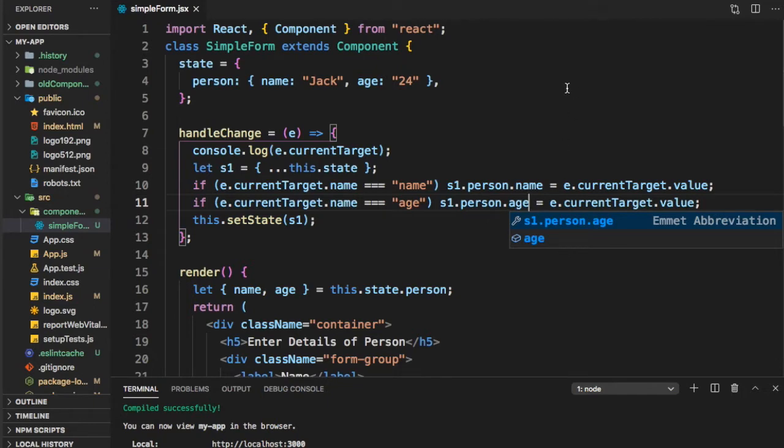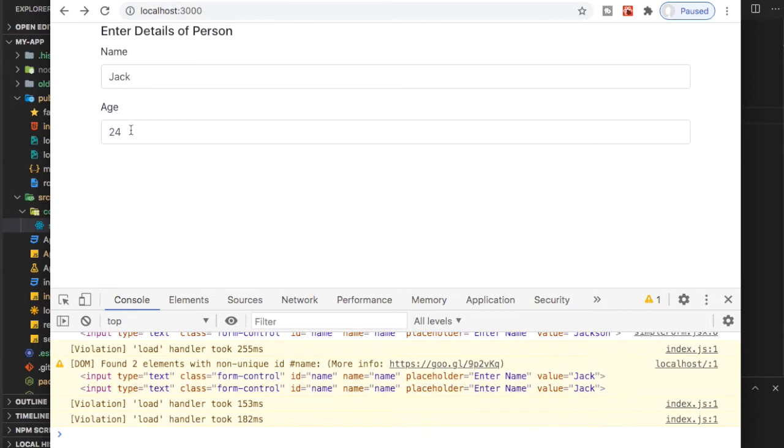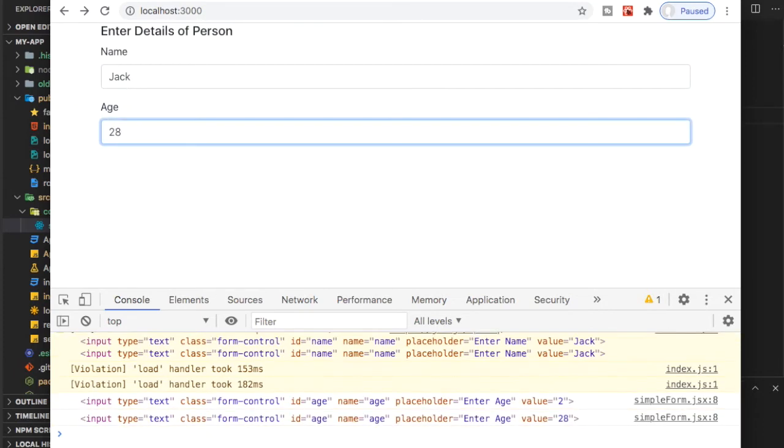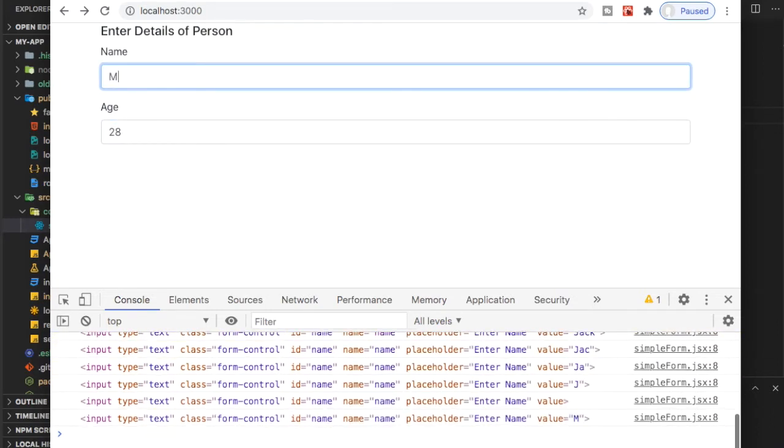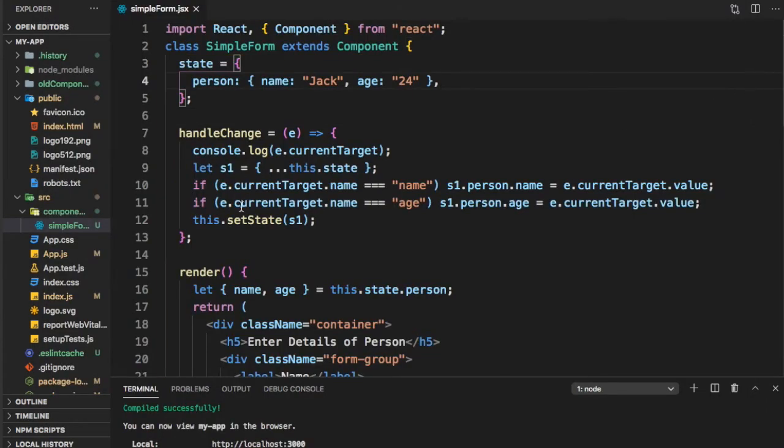This should help us update both those fields. Let's check. We are getting Jack and 24, the values we had initialized. Say if I want to make it 28, I am able to do it. Similarly, Jack, if I want to change it, delete it, whatever, I am able to do it. So the handleChange is working fine.